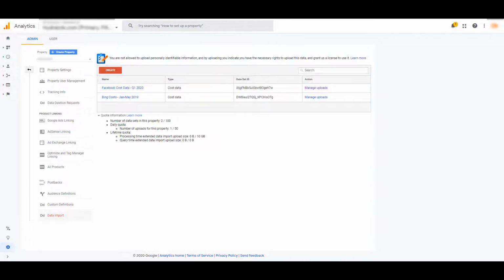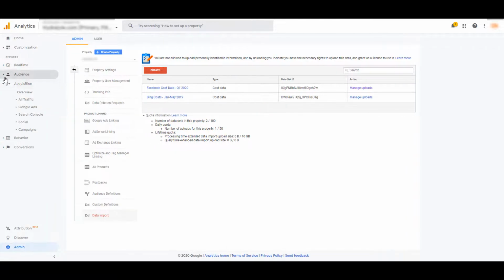Now that our cost data from Facebook is uploaded into Google Analytics, we want to see that data, right? Of course we do. Now, it may take a little bit for that data to show up within Google Analytics. And out of all the times I've done this throughout the years, I've only seen it take longer than 24 hours once. For the most part, almost every single time, I've been able to pretty much go and look at that cost information immediately. So to view the cost information, let's go over to the acquisition section, click on campaigns,